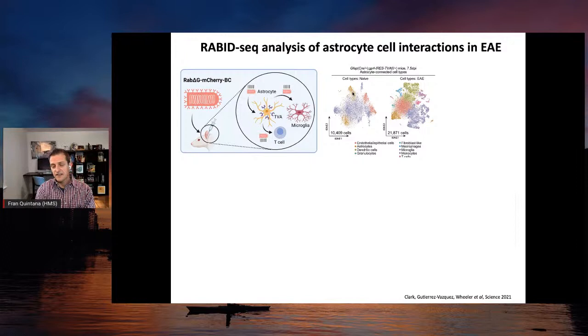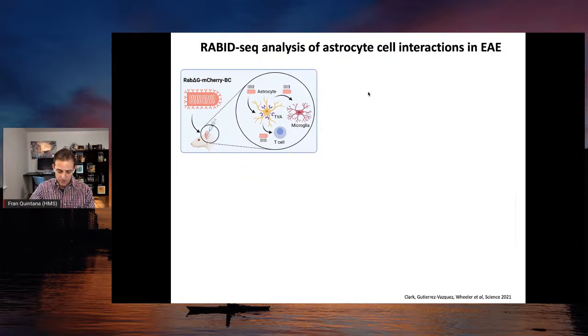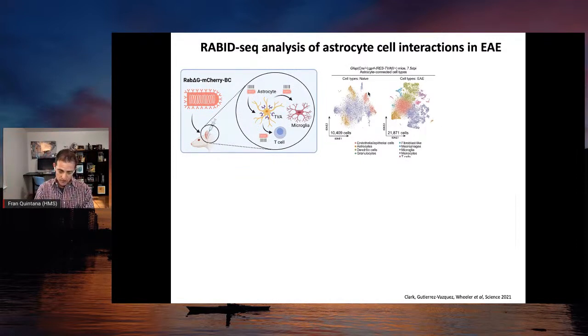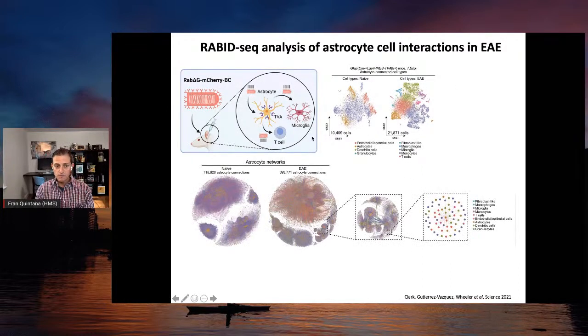The only difference is that if you look at these t-SNE plots, we know that each one of the dots represents a different cell. When we do rabbit-seq, each one of these dots is actually annotated with a barcode that tells us which dots are interacting with which dots. In other words, we can turn a UMAP like this into an interaction map like this one. And these are actually interaction maps showing us the interactions of about 500,000 cells within the CNS of EAE